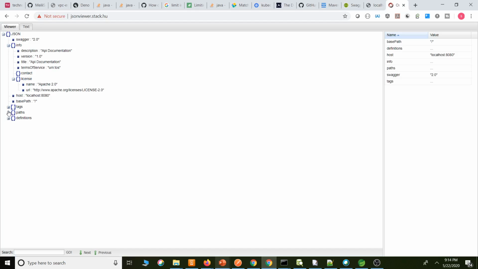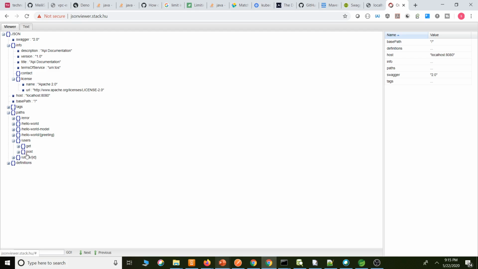Next is paths. Under paths we have these many paths present. One is general, hello world model, hello world greeting and users model. And users have two varieties: one is to get all users, another one is to get a single user.